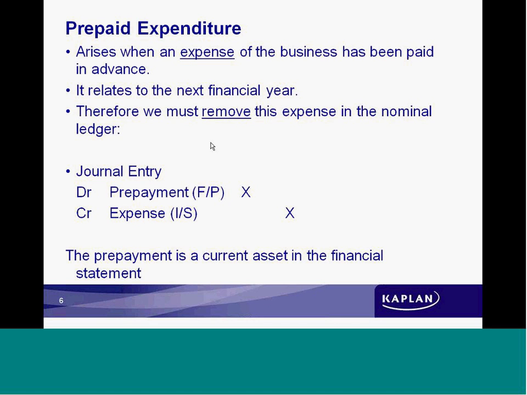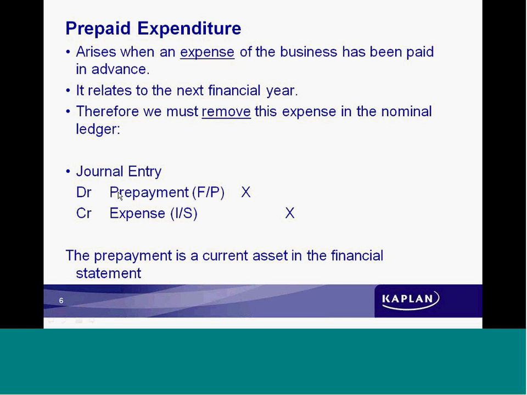Once again, we're going to go back to the old journal entries, but effectively we need to reduce the expense, and the way to reduce the expense is to credit the expense account. And by crediting the expense account, as I said, there's always two sides to a story when we're dealing with double entry, and therefore the other side is that we're going to set up a prepayment account, okay, which is